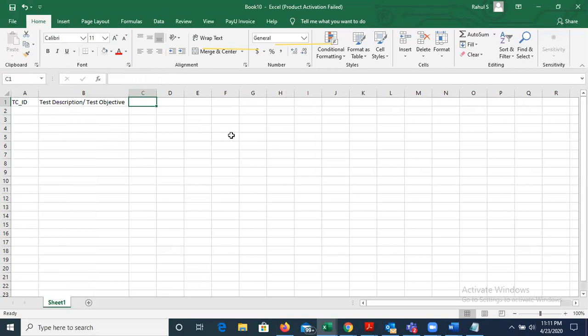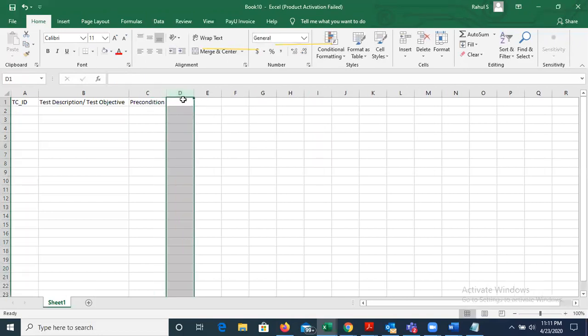What I need to test, we will write under the test description column. Then precondition. It means that to achieve those steps, is there any prerequisite required? We will mention that in precondition.